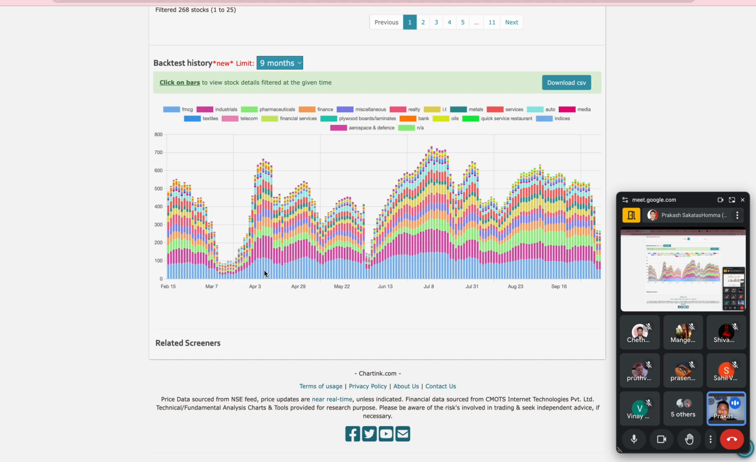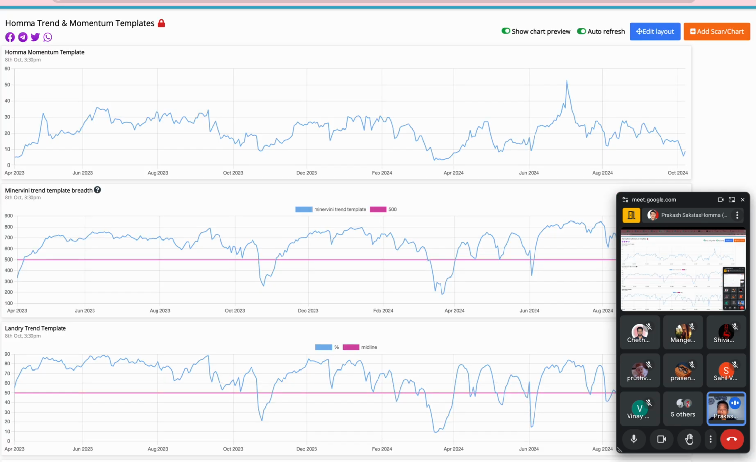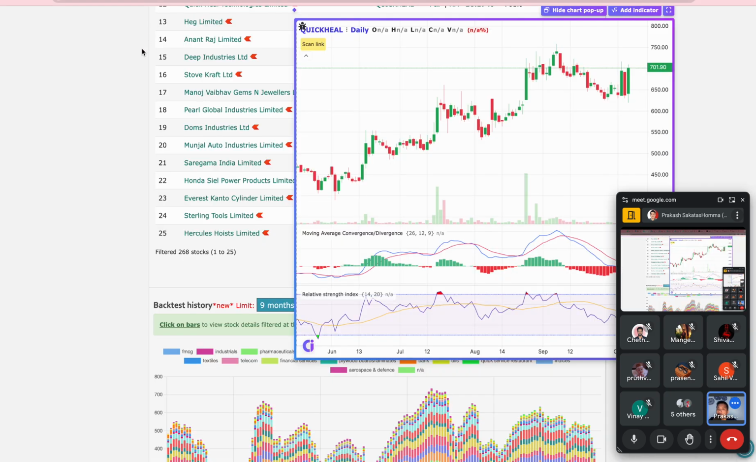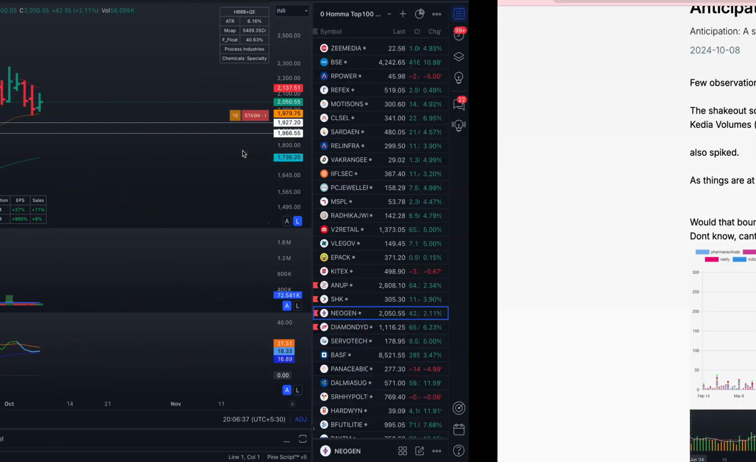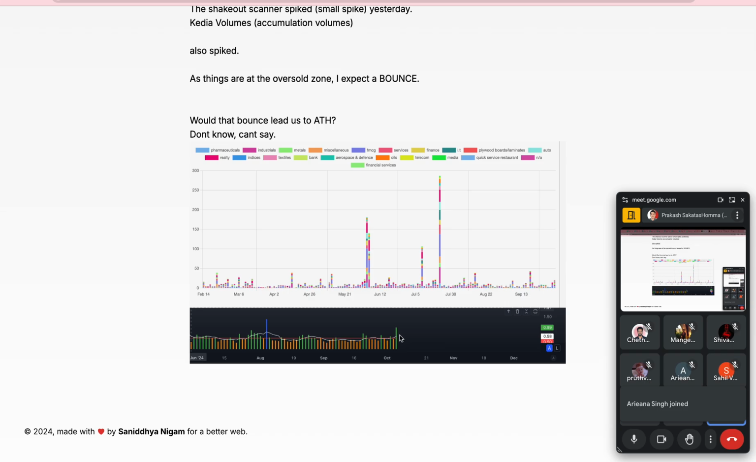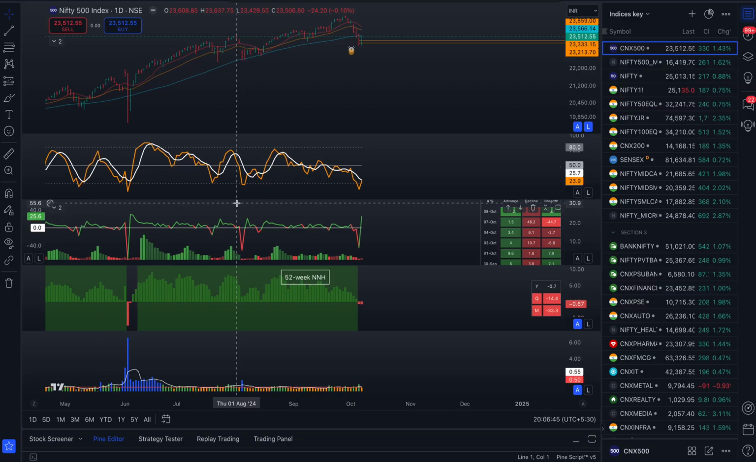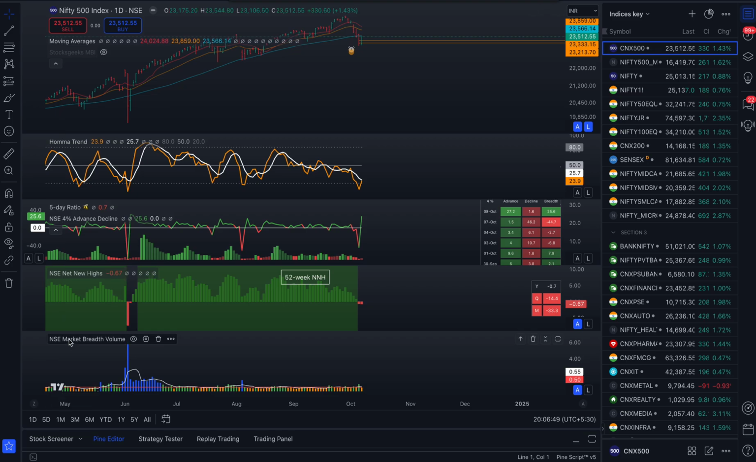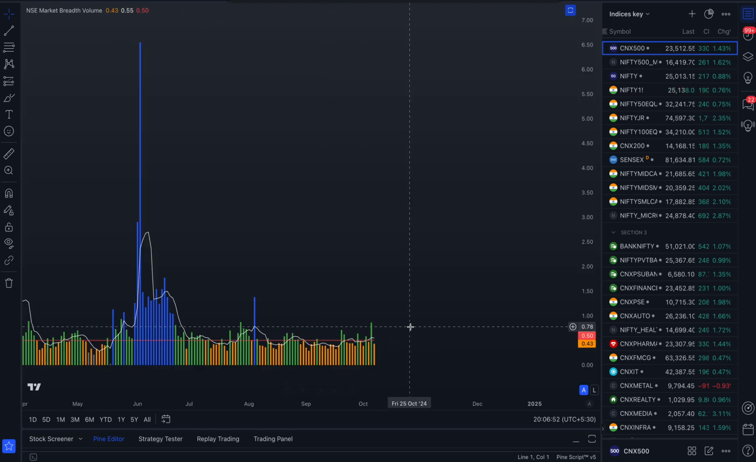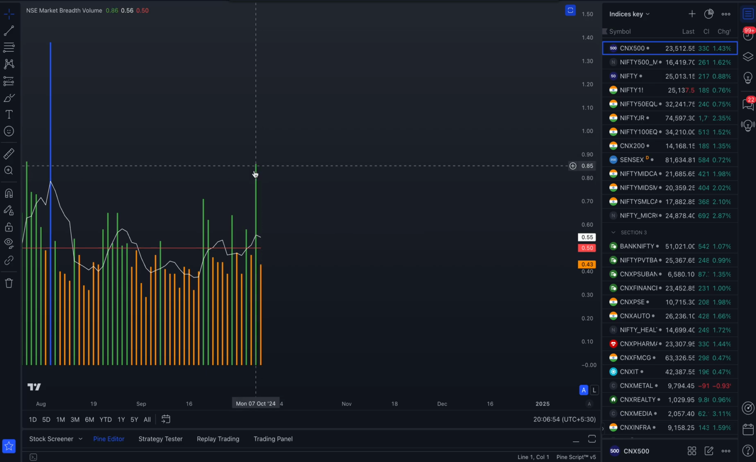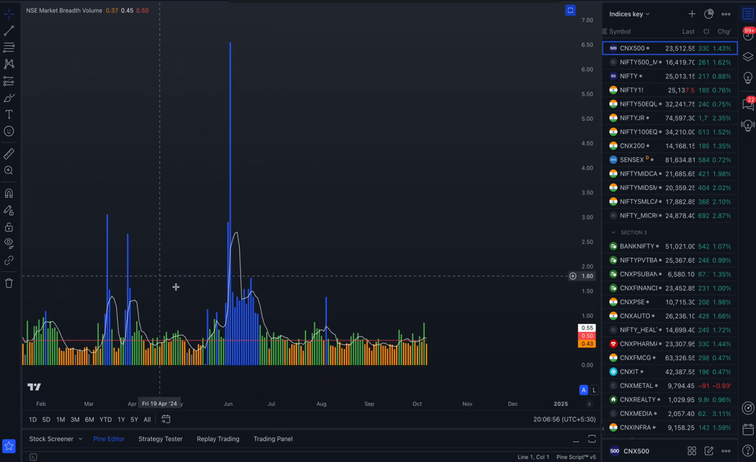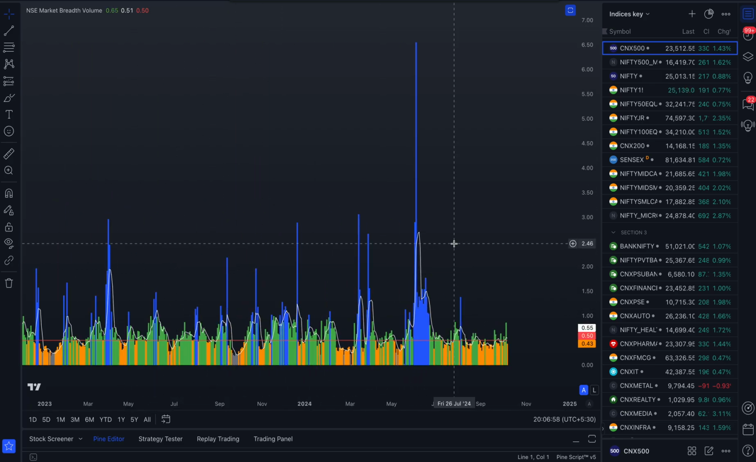So if I show you, not this, not this, yes, I missed it yesterday. This is what I pointed out here. This was a small Kidia, this is what I call Kidia volume, and there is Nitin. This is Nitin's scanner, and he calls it market breadth volume. So there was a spike there, albeit very small, not exactly as we had in other instances, but